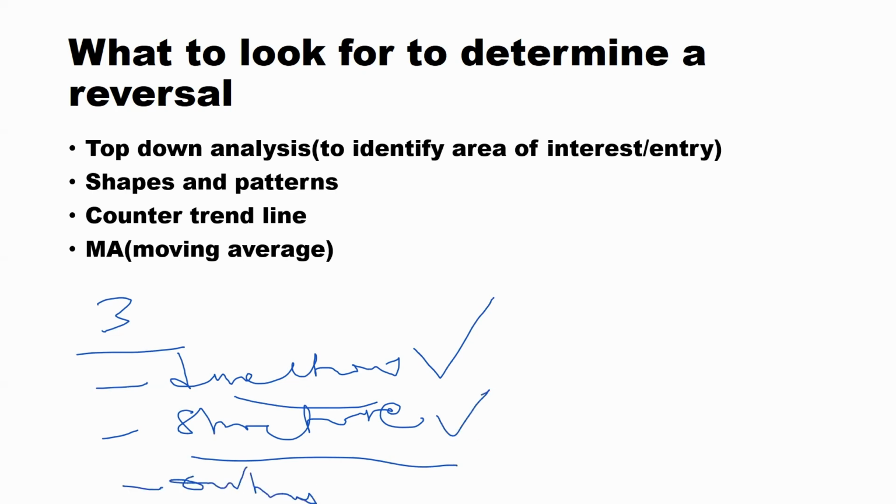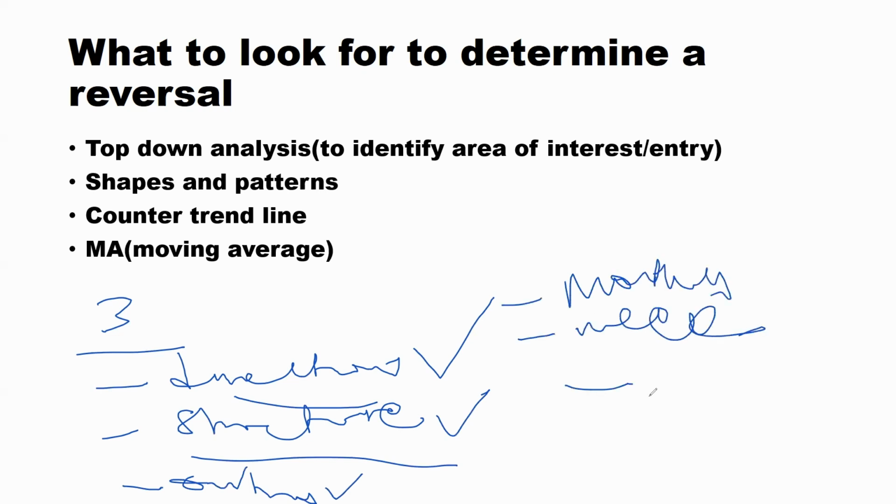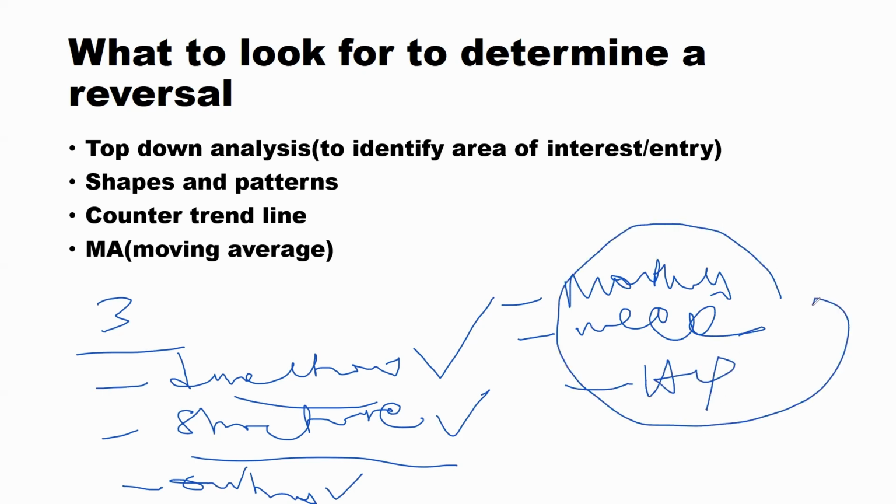I'm not going to mention the 4th one. It's not a big one, but the 4th one is also there, whereby you're supposed to be refining the entries, right? So these are the 3 major timeframes that you need to have. For example, personally, I use monthly, and then after monthly, I come to weekly, and then I take my entries in H4. These are the 3 timeframes that I do use. I'm not saying you should use them, but I'm just trying to give you an example of how you should do top-down analysis. Monthly is for my direction, weekly for my structure, H4 for my entry, and I refine in H1, right? This is how you're supposed to pick out timeframes.